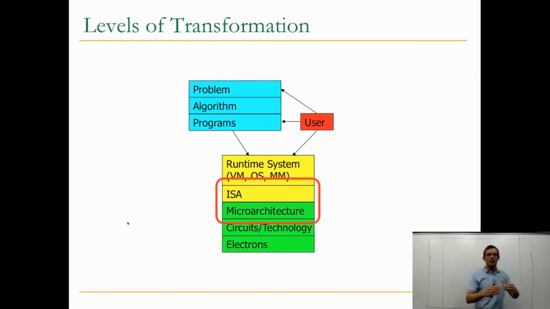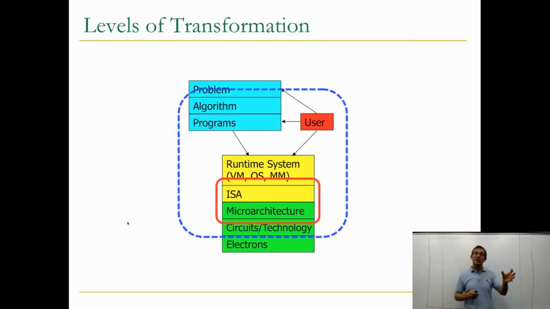And computer architecture also spans a little bit the runtime system, the support for the runtime system, the operating system, the memory management functions. For example, power management functions that are available in existing architectures are actually support for the runtime system. And potentially it could extend a little bit below microarchitecture as well. So in this course, we will mainly focus on these two layers, but I would like you to keep in mind the other layers also, because the other layers, everything above